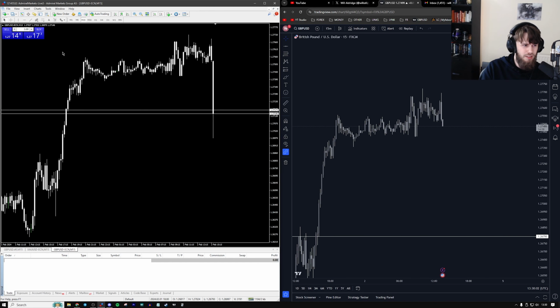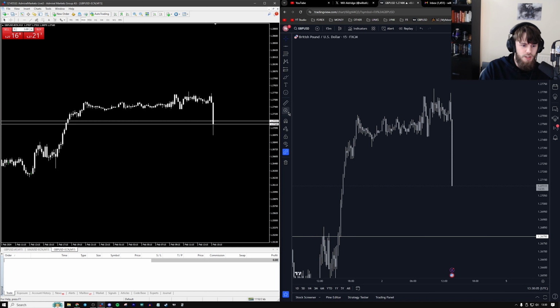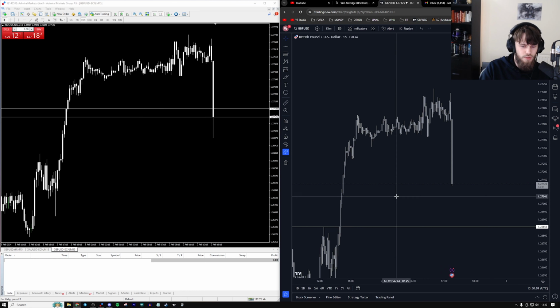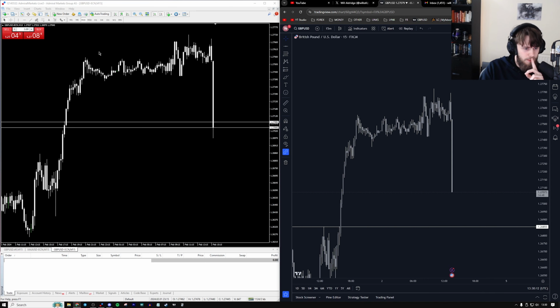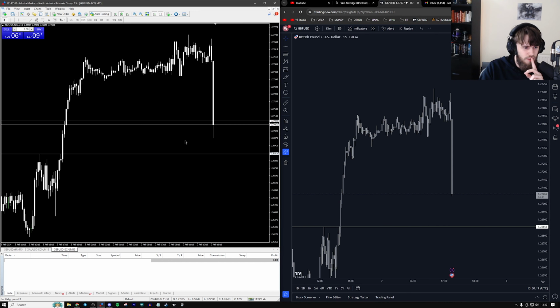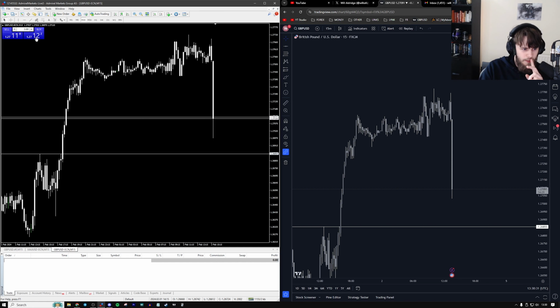We get that drop down. You see the spread is absolutely wild. I'm expecting a drop probably down to the level I marked. Maybe it's like this sort of level. So let's see what happens here. So I just mark that on here as well. This sort of level I feel like it's going to hit. At this level, we could probably look for some buys. And I do think price is going to retrace to these highs again.